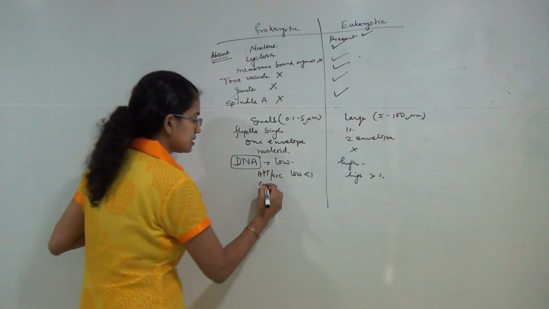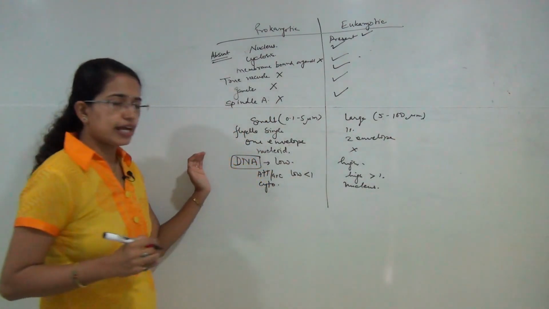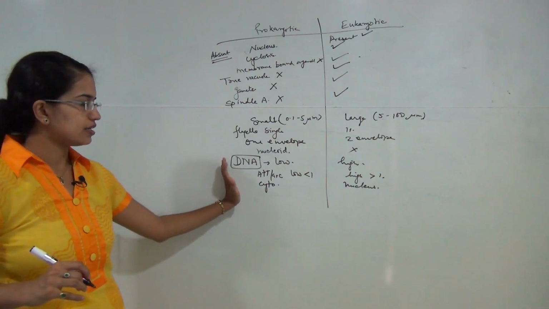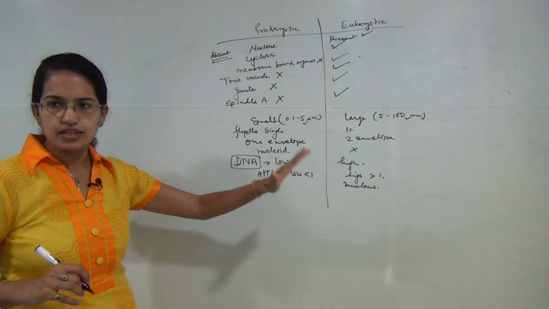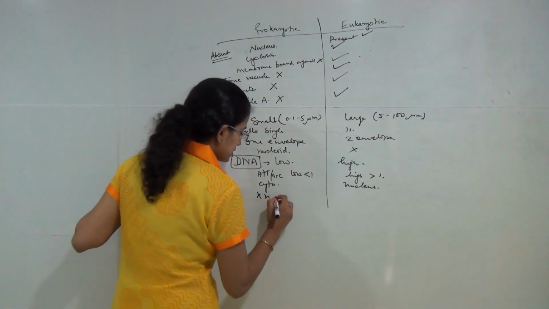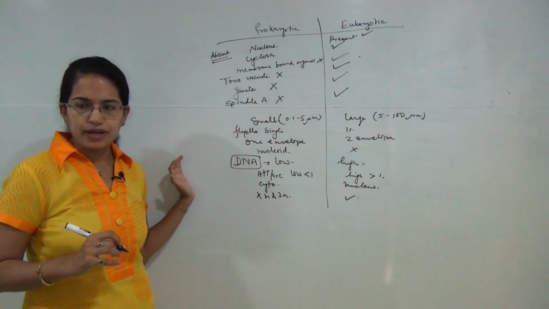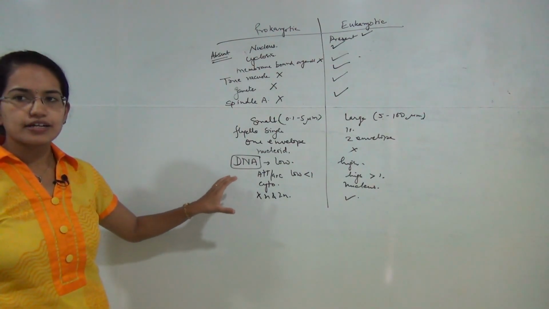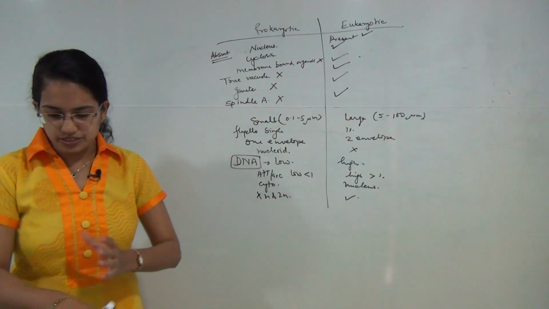DNA here is present in cytoplasm, here it is present in nucleus. Again, there is no differentiation in the DNA since there is no haploid and diploid stage. However, here there is differentiation as there is the haploid and the diploid stage that is found. So you have another characteristic, no differentiation in haploid diploid stage, and here you have the differentiation in the haploid diploid stage that is found. So amount of the DNA is low and not constant in case of the prokaryotic cells. So it does not change.